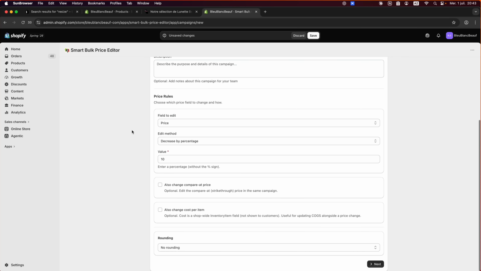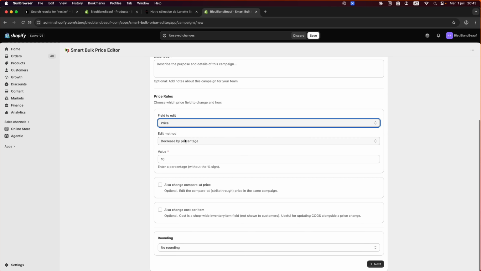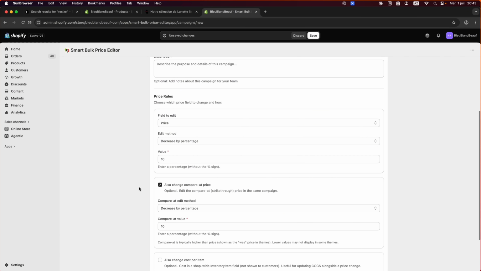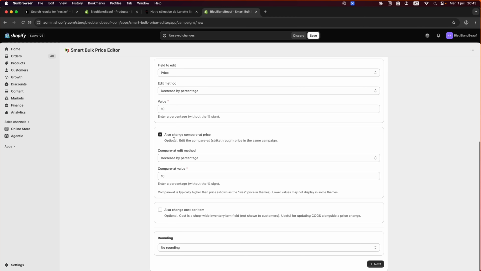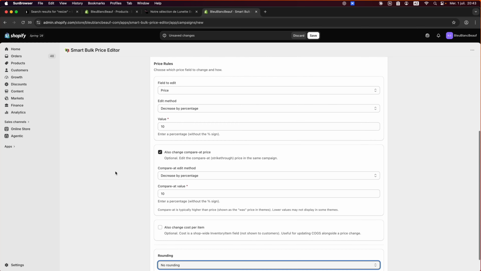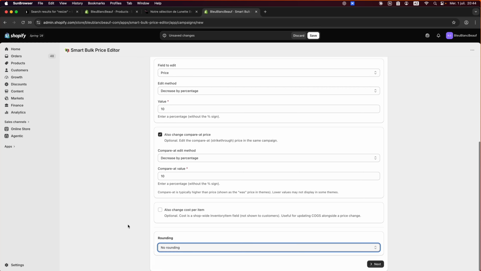You can give it a name, description, but here is the rule that will be applied to your campaign. Now we want to edit the price. We want to decrease the price by 10%, and maybe you can add also a rule on the compared price that you want to decrease also by 10%. You can also round the pricing because maybe you want it to finish by 99. Okay,